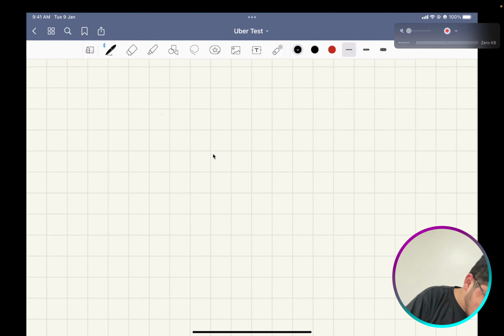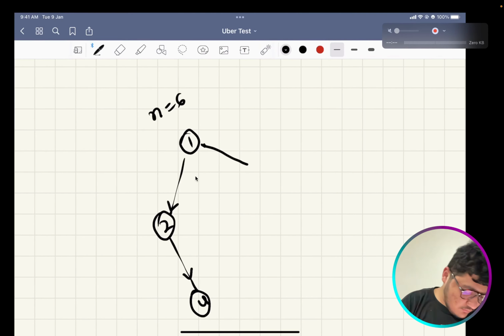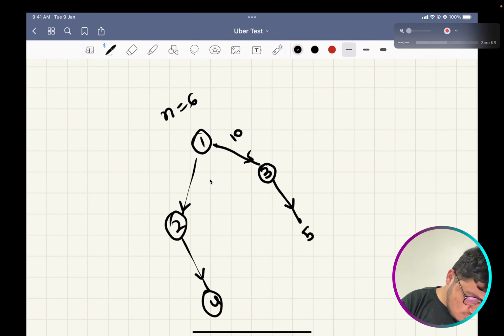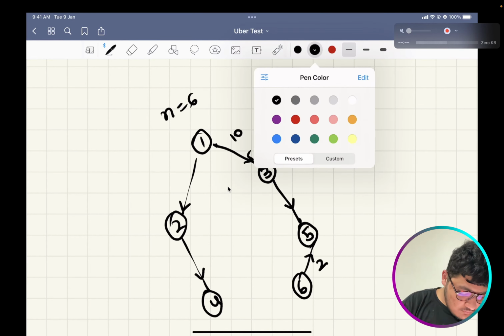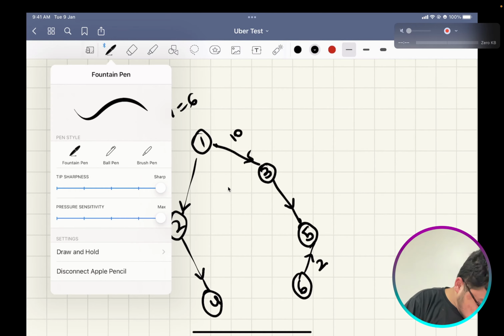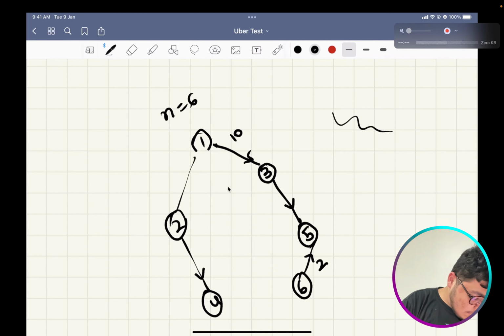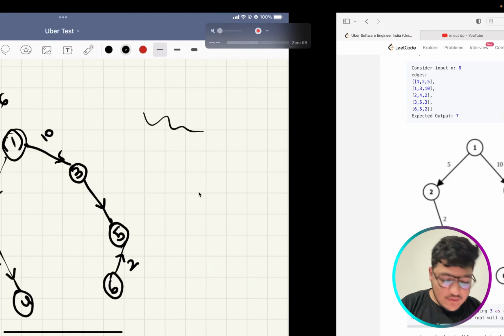So basically you are given this n, so it's 5, it's 2, it's 3.